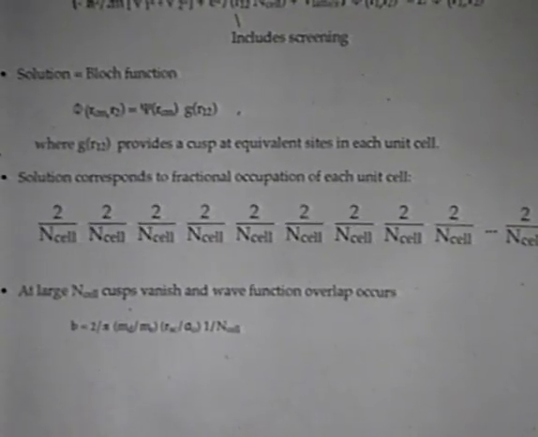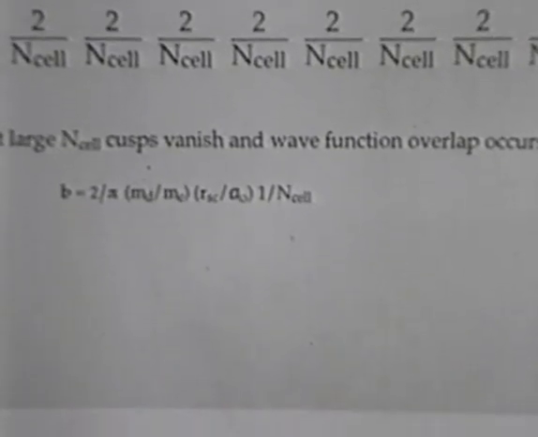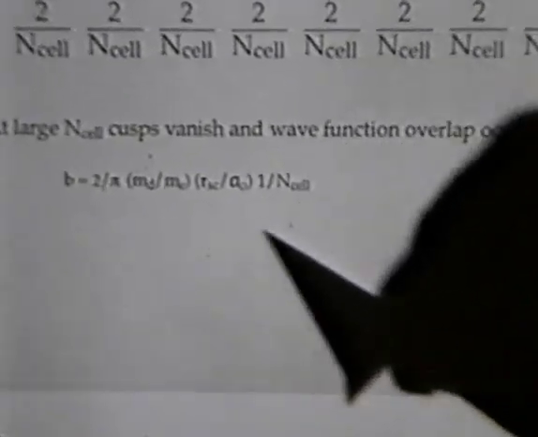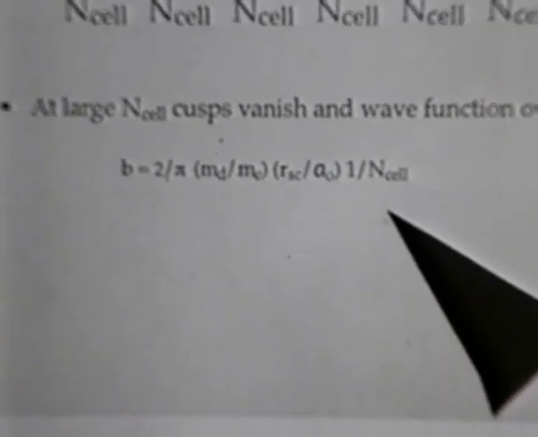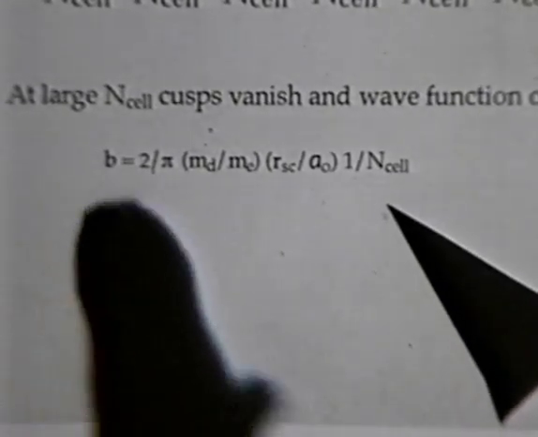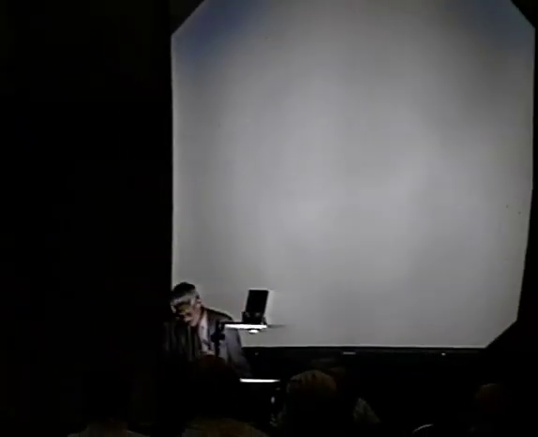And the problem of the Coulomb barrier then determines what is the amplitude of that cusp that minimizes the system energy. And we've done this variational analysis for large N cell, and we find a value that is of this form, and it has this factor 1 over N cell. So if N cell is large, this amplitude, the depth of the cusp, becomes small, and by the time you even get to 10 nanometers in crystal size, you have complete overlap.